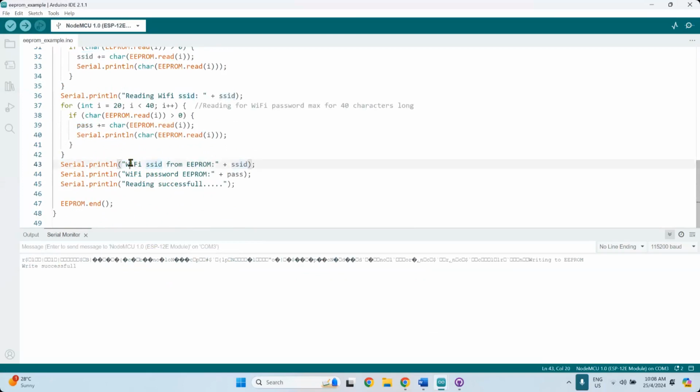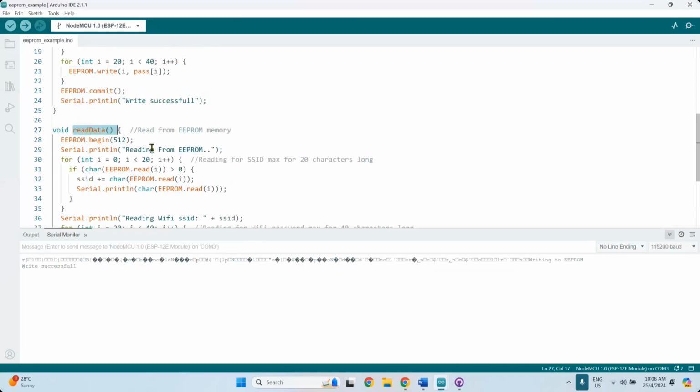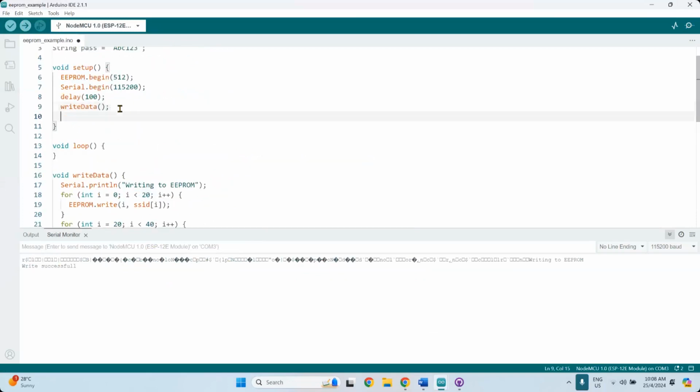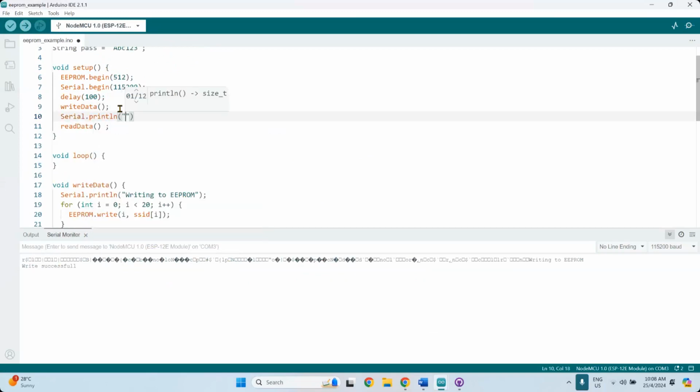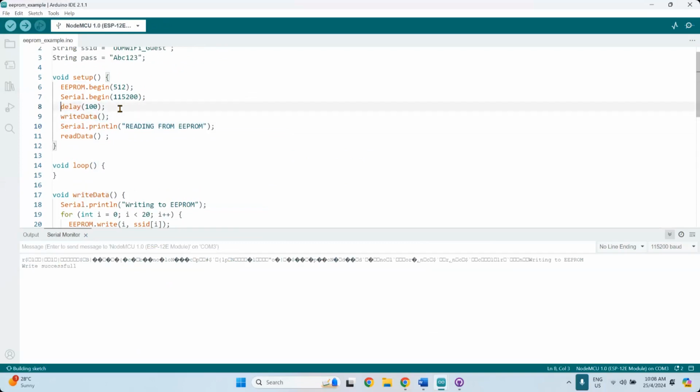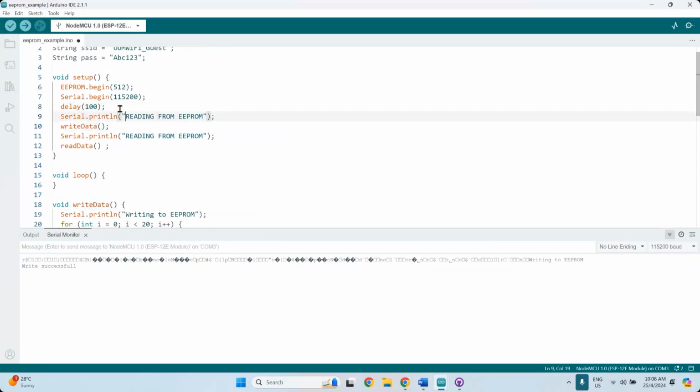So read, write. You want to call the read data and then call from here, read data. So we just put a Serial.println reading from EEPROM. This one is writing up here, write data to EEPROM.